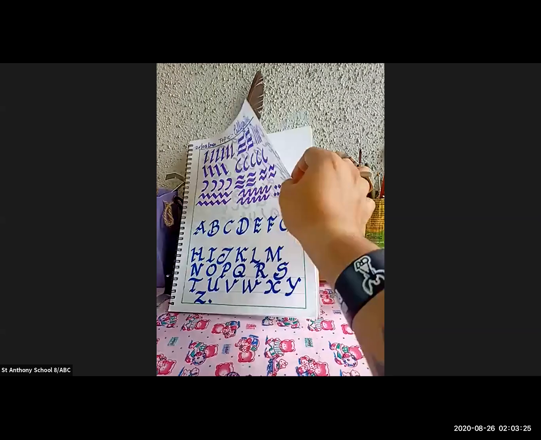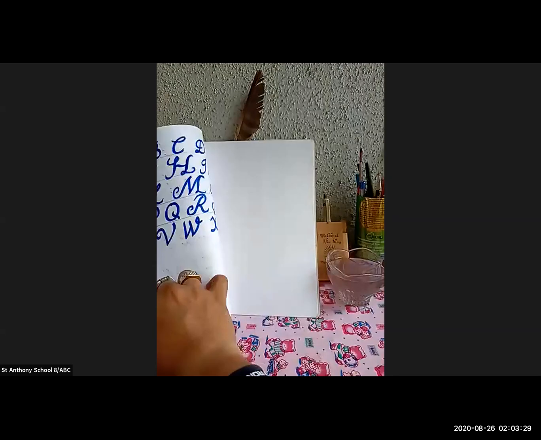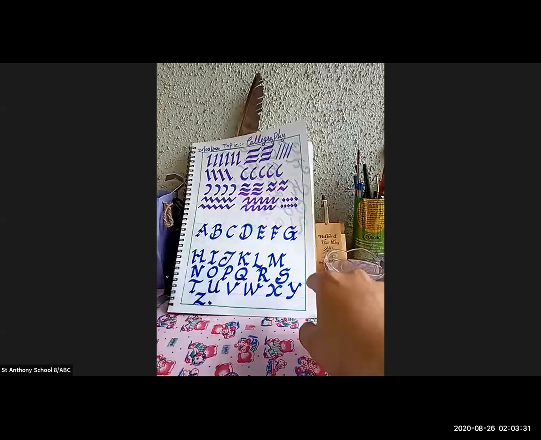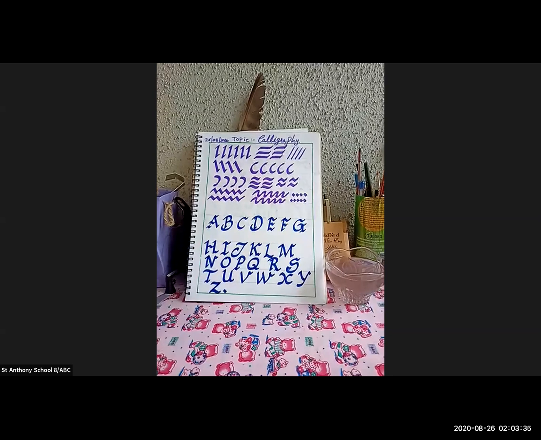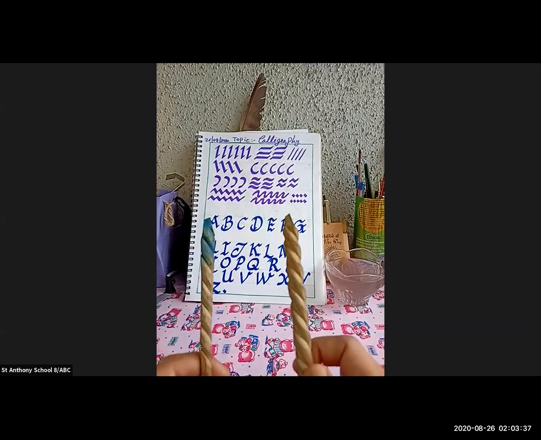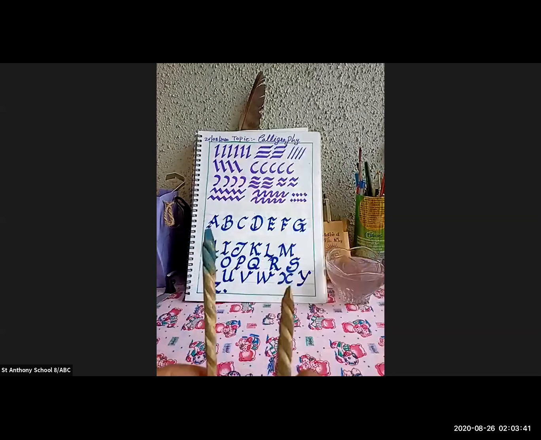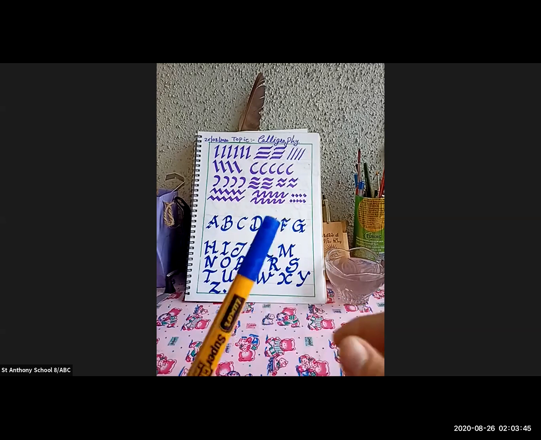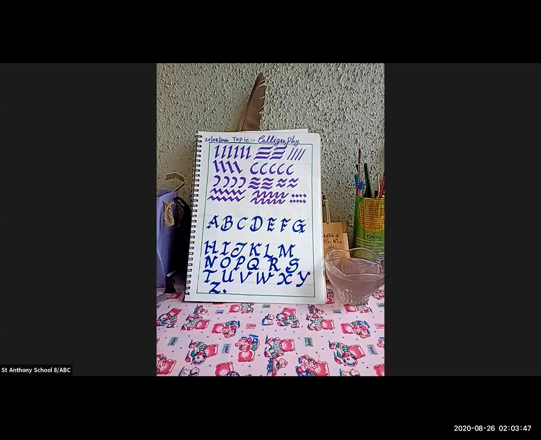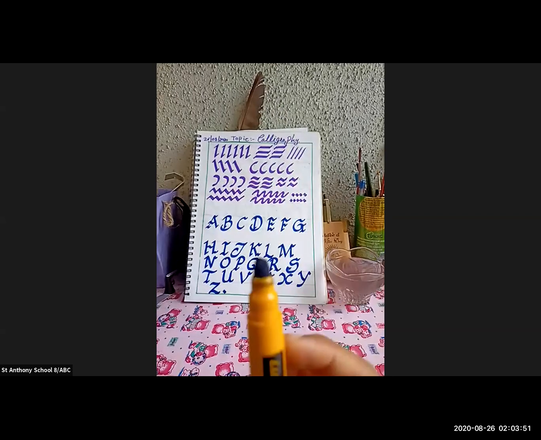So as you can see over here, these are two different fonts, one and this is two. So these are the fonts which you can do. And there are many calligraphy pens. This is my handmade calligraphy pen over here. Okay, you can do it with this, or you can take some markers like this. See, they already have a slant over here. See, just look at this.